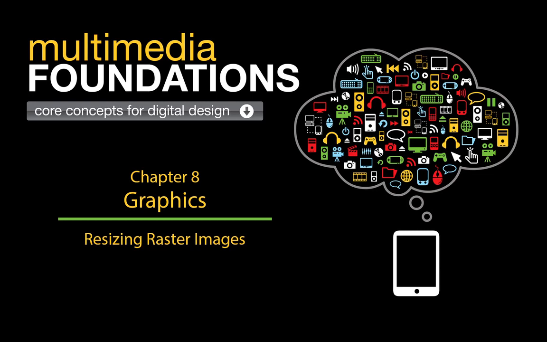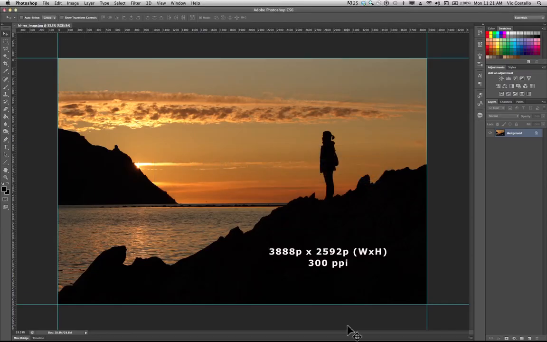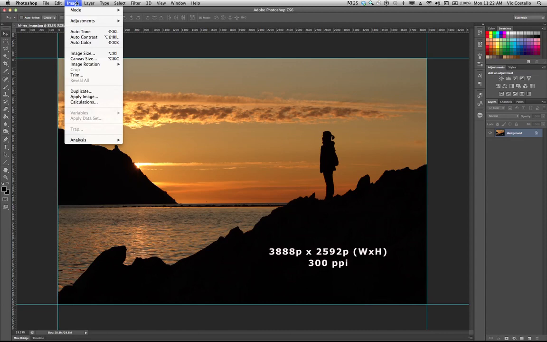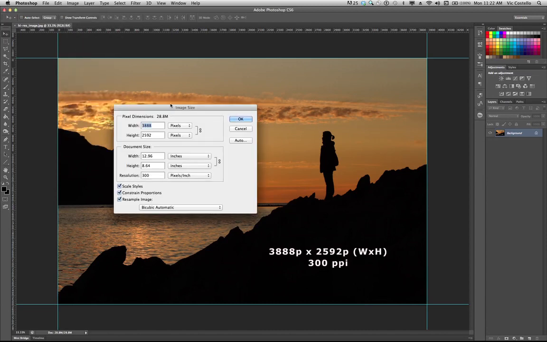So let's go over to Photoshop, and in this tutorial I want to talk about how to resize an image and what goes on in the background. You don't really need to know too much about this because quite honestly it involves a lot of mathematical operations that are built into the design software that you happen to be using. But here we are back at our high resolution image that's 3,888 pixels wide by 2,592 pixels high, and the resolution is 300 ppi. So to resize this, I'm going to choose Image and Image Size from my File menu,